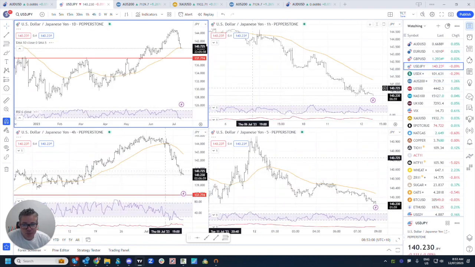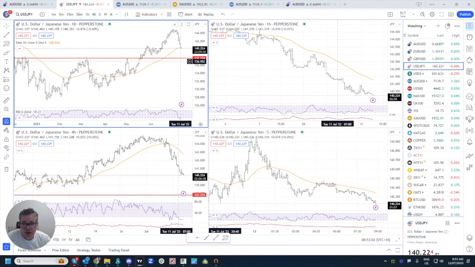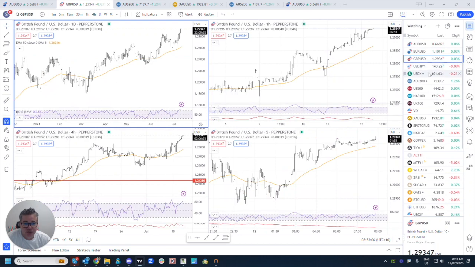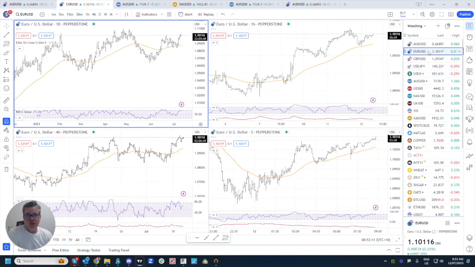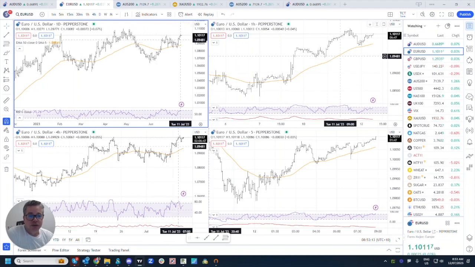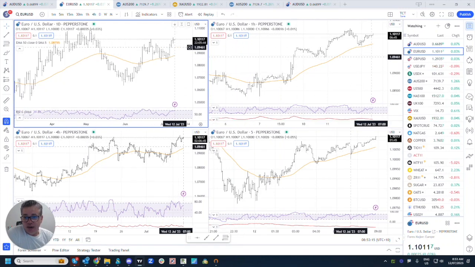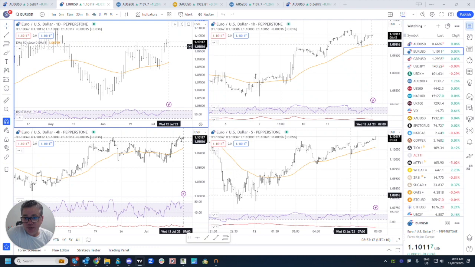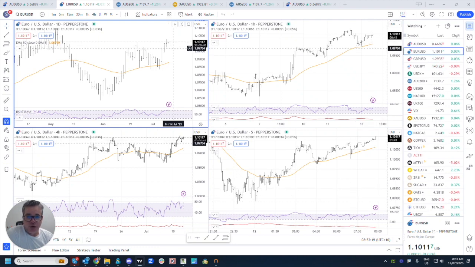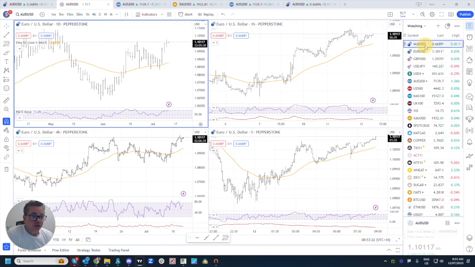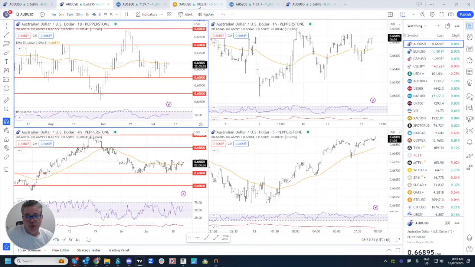Dollar yen is back to where we were targeting, around that 50 EMA. Pound is just turbocharging higher, and euro dollar is treading water comparatively. Look at the daily chart, it's closed only a fraction higher than where it opened, and Aussie dollar is just going nowhere. And if we have a look at the commodity markets,